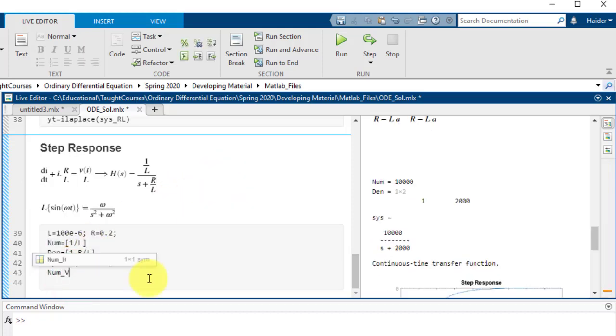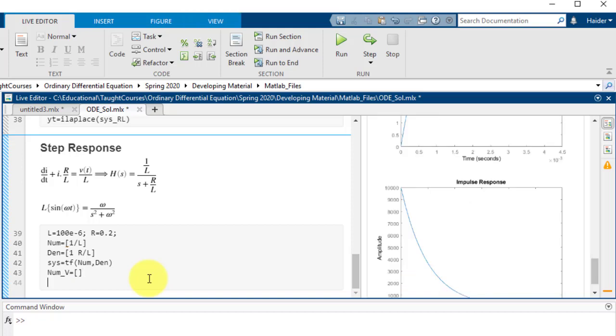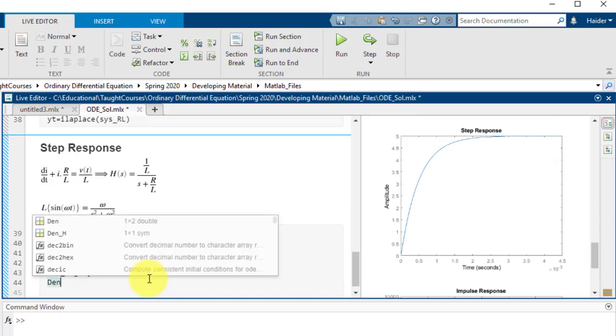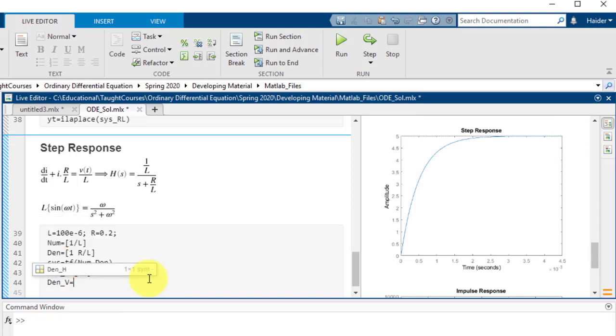Let me type in a numerator. In the numerator we have omega, and let me use omega equals 10. So here I'll just type in 10, and in the denominator, denominator underscore b, I'll script,